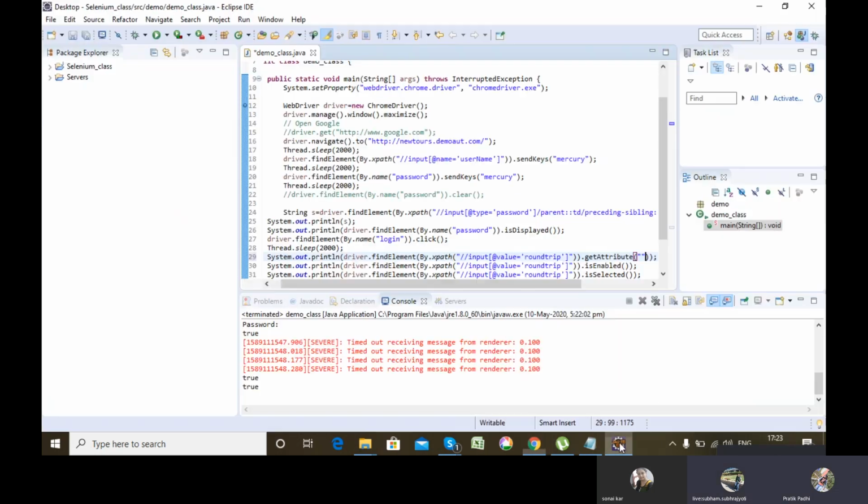So in runtime, it should print trip type in my console.